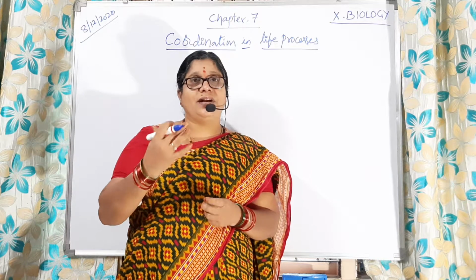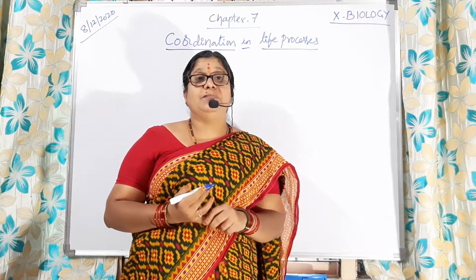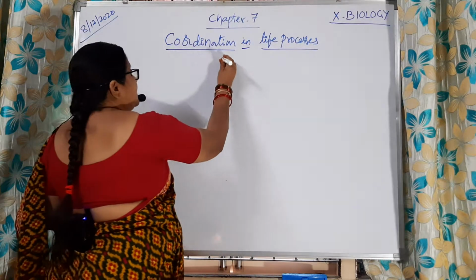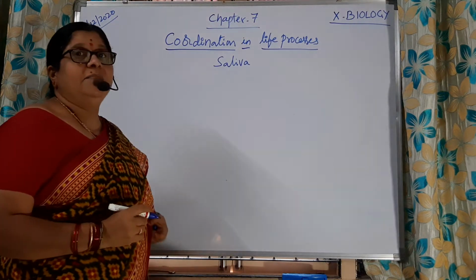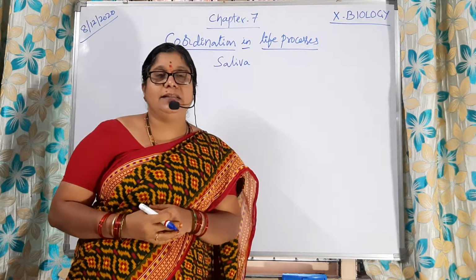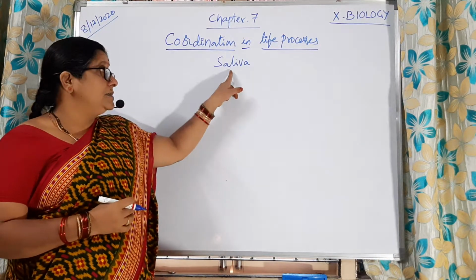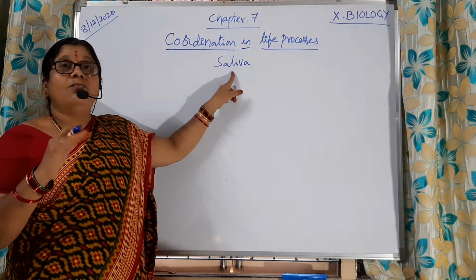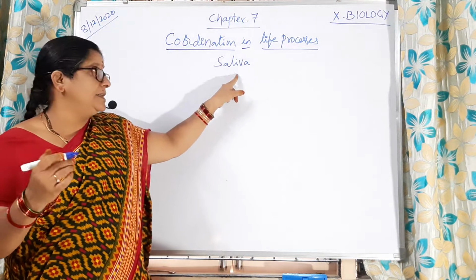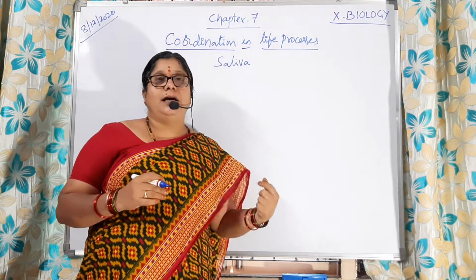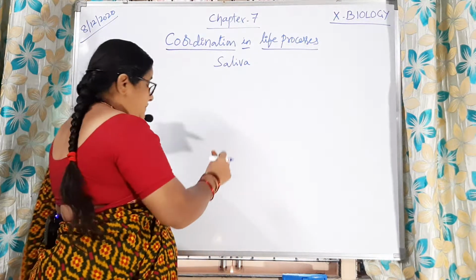So how does that softness of the food happen in the buccal cavity? That is because of saliva, secreted by the salivary glands present in the buccal cavity, that is the mouth. Now, to know the action of saliva, on what type of food items it acts and what the end products of that action are, let us do an activity.